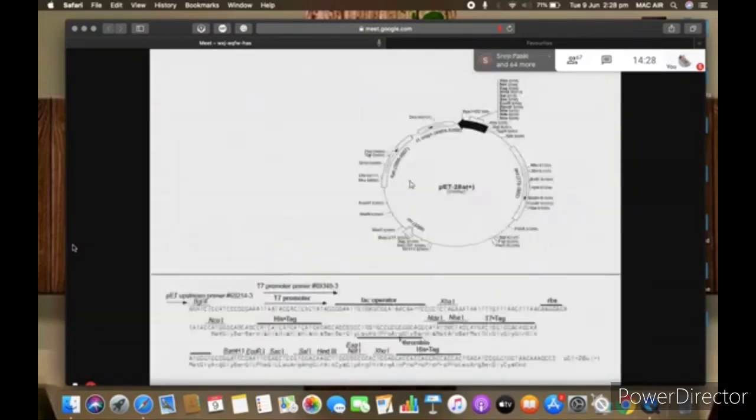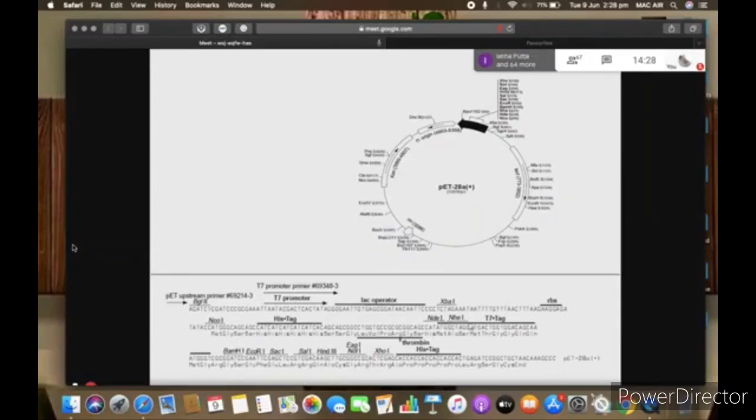So here, suppose you have to clone this gene, and this is the vector. So out of this, where will you clone? Sir, in the His tag we will check the open reading frame, and according to that we will see which restriction site. So this is the His tag here. Where you will clone? So we can choose any site after the His tag. We can choose any.